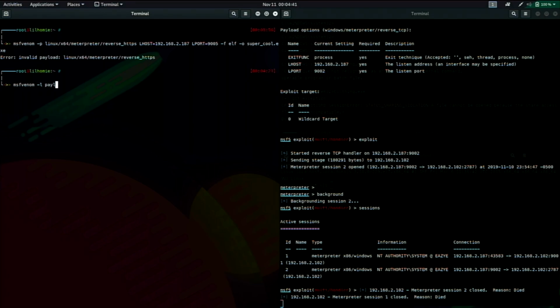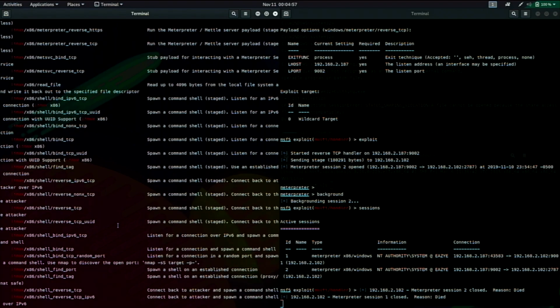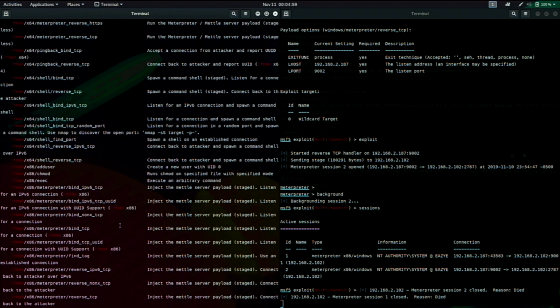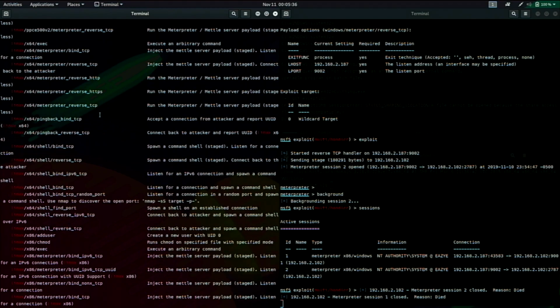So we'll say msfvenom -l payloads, and we'll grep for linux. And this will hopefully filter out a more readable Linux format payload, so we can at least see what's going on here to see why that was an invalid payload. Maybe I just had a typo, or maybe it's actually just not a supported payload type for a 64-bit Linux payload. Alright, so we scroll down a little bit here and we run into our